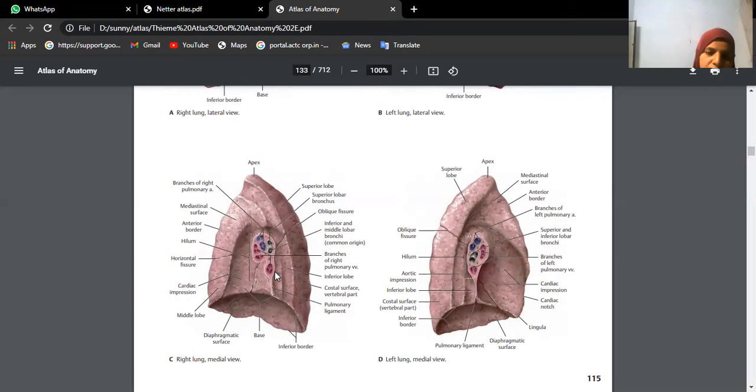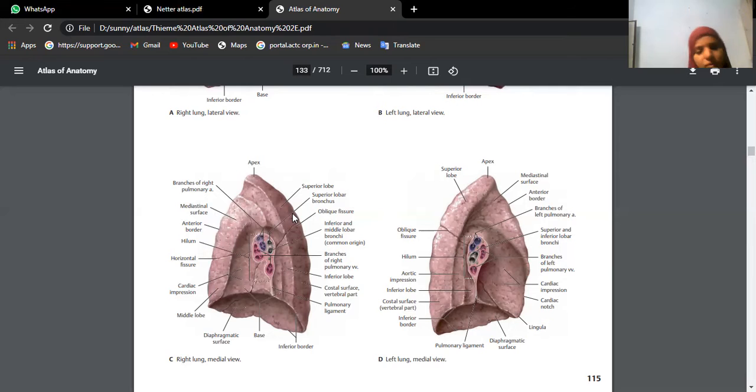As you come down, you have two sets of veins. These are a little collapsed in consistency. Always you should check for the thickness of these vessels. When you go to the dissection hall, these are the pulmonary veins. Okay, this is the pulmonary ligament. Now other impressions you have, because this is the right lung, so the right lung will have the impressions of the right atrium, right ventricle. From this right ventricle, what are the various blood vessels we have?